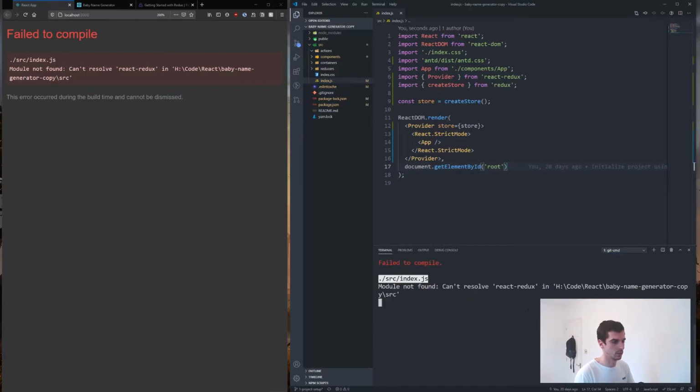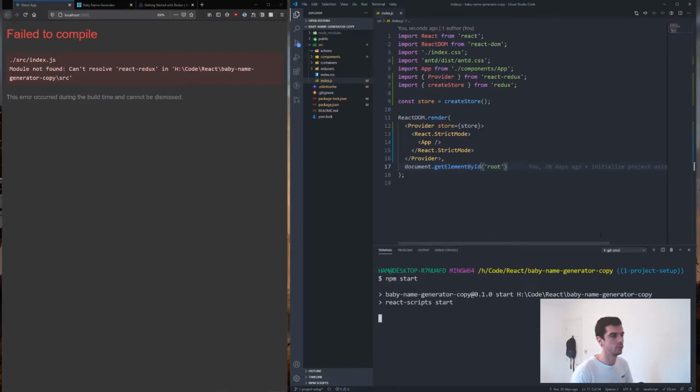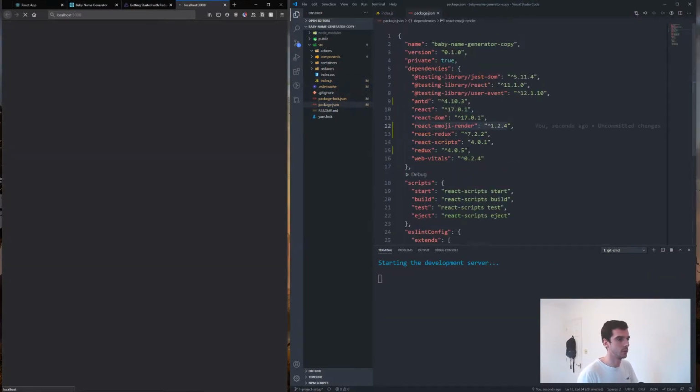Let's go back to Git. Let's stop that. So that's obviously installed. Make a new terminal. npm start. That will start up a new version for us. And you can see if I go to package.json as well, now we'll have React Redux as well as just